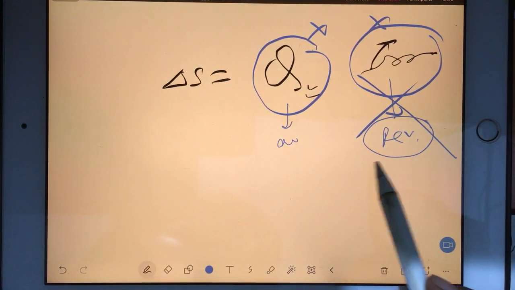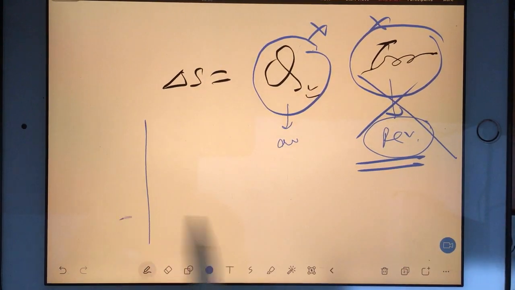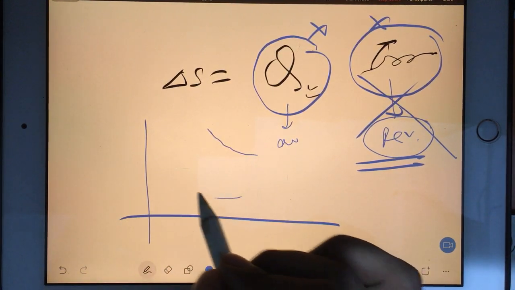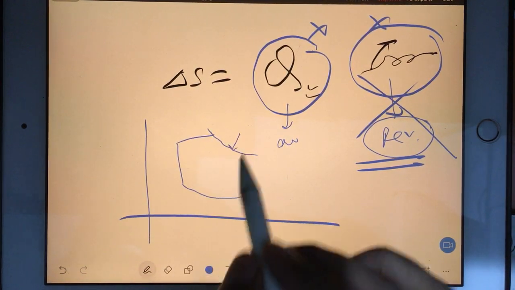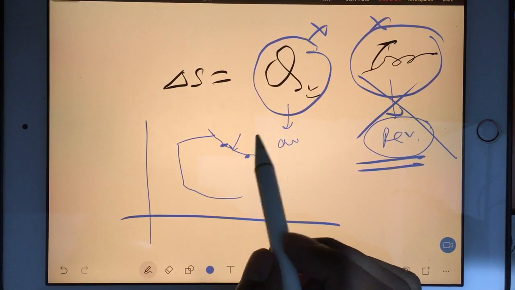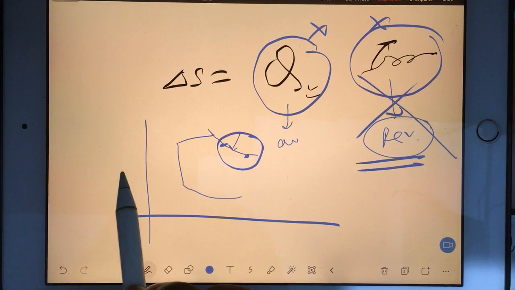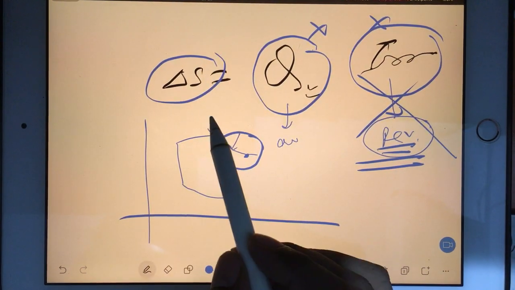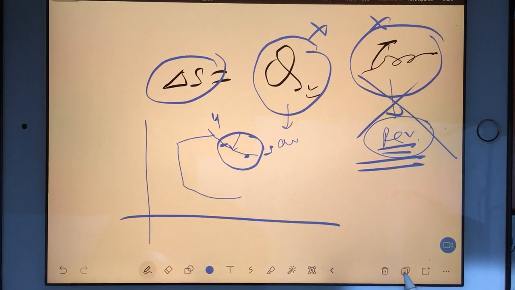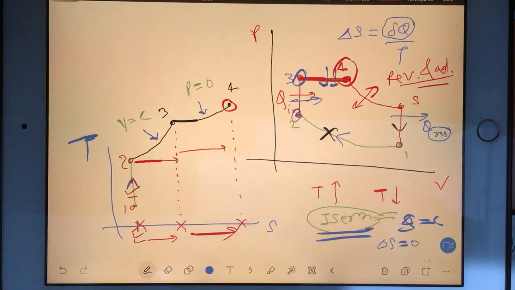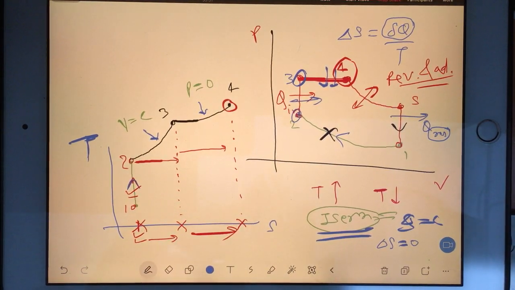I mean, in this process, it was like this, right? So in this process you are saying it is adiabatic and reversible, or you can say reversible and adiabatic. So you are not supplying heat, and at the same time it is reversible. So that's why entropy should not change here, in process 4 to 5. And if entropy is not changing, then what about temperature? Temperature will increase or decrease?